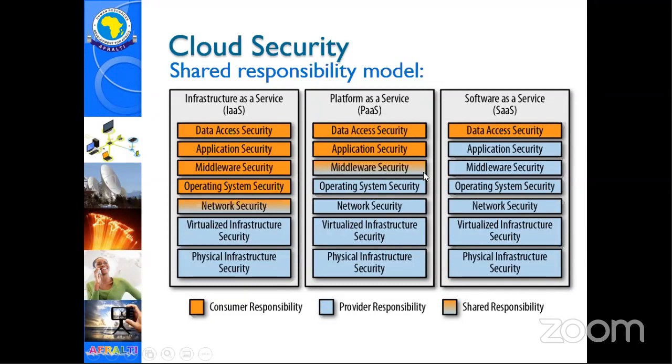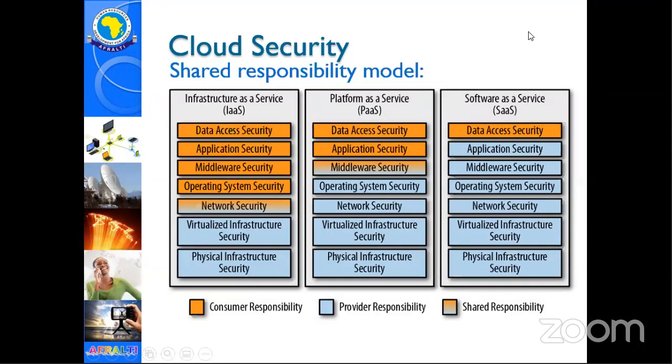So for example, if you go to Amazon, you set up the server that we've set up there, which is basically platform as a service. On top of that server, I might decide, because now I want to run a database, I might need to install middleware software, maybe connectors to the databases and other third-party apps. That is my responsibility. The application itself, the way it's designed, who can log in, how login is managed, how it accesses other systems on the cloud, that is my responsibility. The data that is on that application is my responsibility.